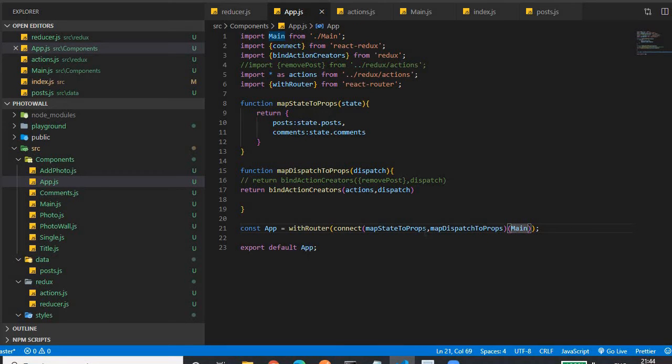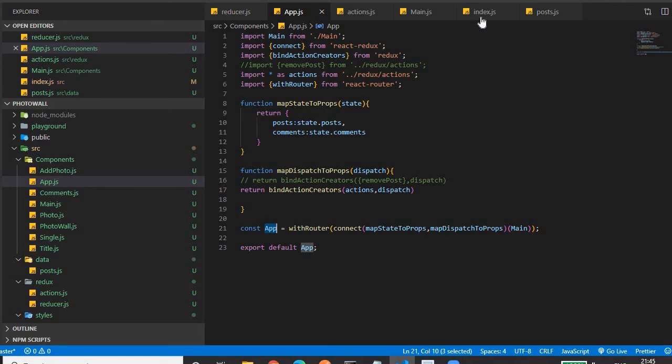Okay, so this is the function that provides the state. This is the function that is used for dispatching the action, and we are connecting to the state. We are connecting to the main component, the component that needs this state and needs those actions, so that it will dispatch those actions, it will emit that action. Okay, so as I told, app is now the main component connected to the store.